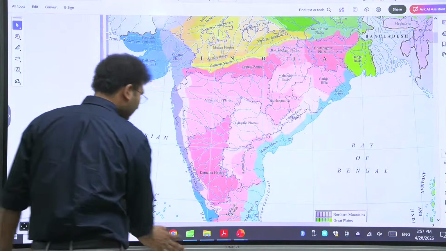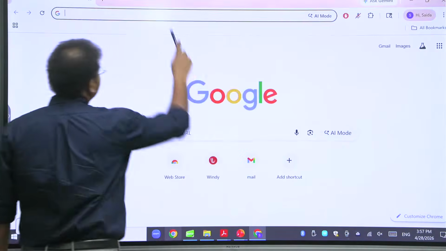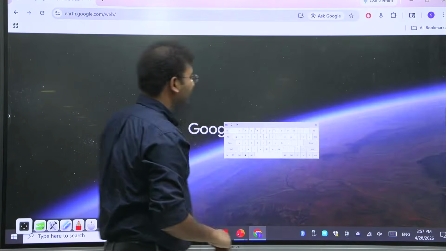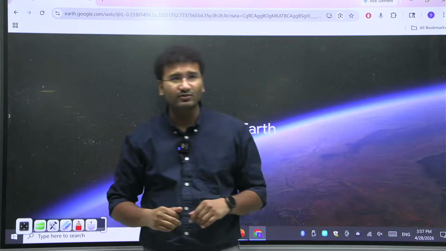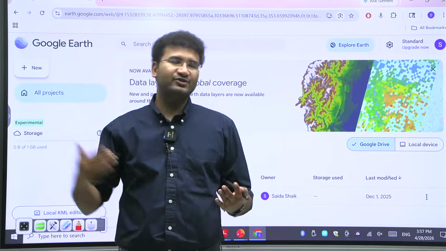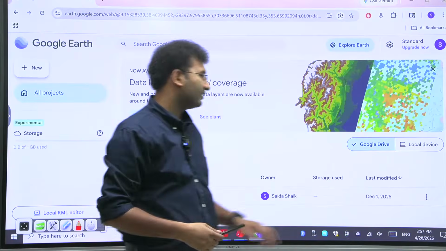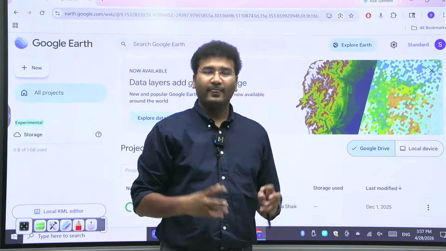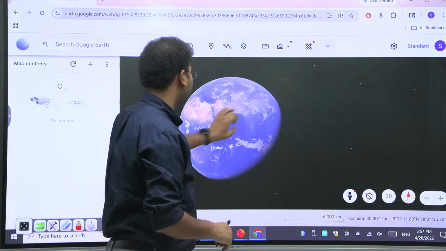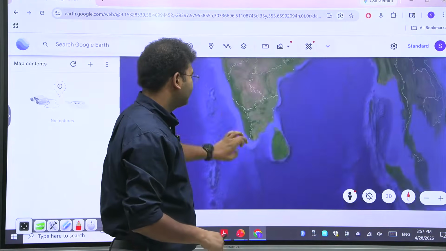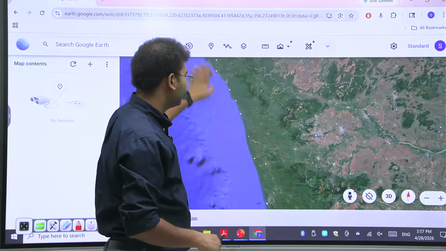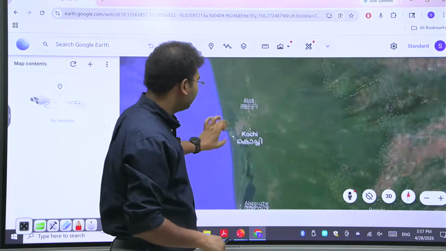When you look at India, the eastern coastal plains are depositional coastal plains. Western coastal plains are erosional coastal plains. And in the process of erosion, the river enters at a very fast rate, so fast that it directly meets the sea. It won't have much time to rest. So that's why, if you go to any river on the western side, you will see the river directly enters into the sea.